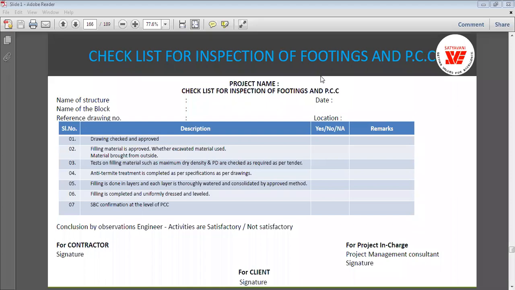Whatever subjects you have gone through, whatever tests you have gone through, please keep a watch and go thoroughly through that particular test. Two or three days before, I conducted one test, the bitumen extraction test, which is required to determine the quantity of binder content.